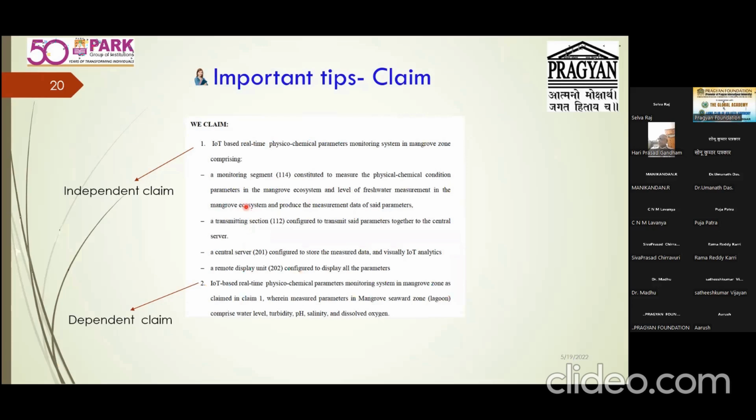That is for the complete specification. In a provisional, what does it mean? Your invention is not yet complete; it is still to be completed. We may need some experimental data, or the experiment is yet to be conducted, or we are waiting for results, or results are still ongoing. That has to be addressed. So in order to protect our invention early, we can file the application as a provisional.